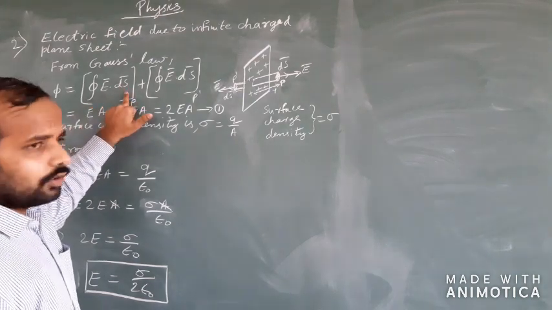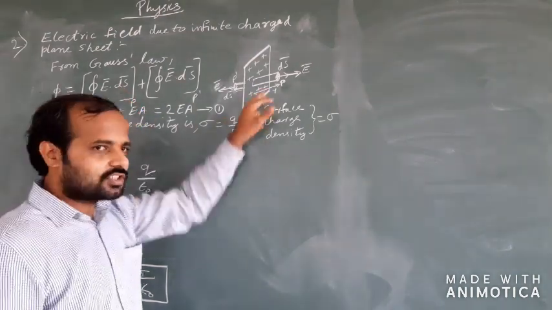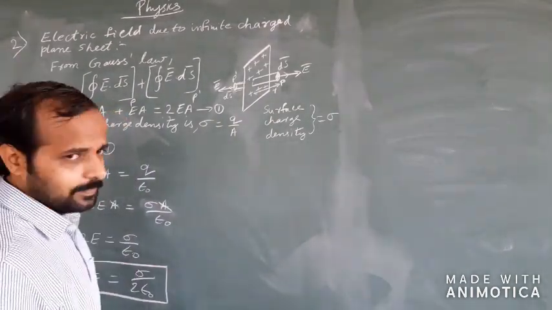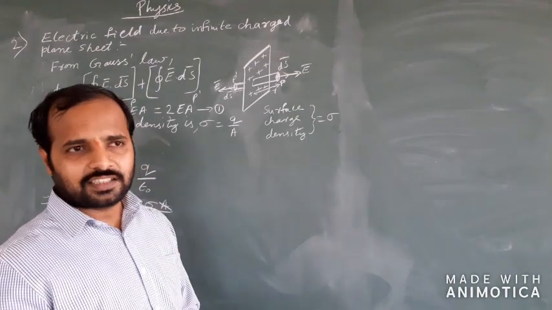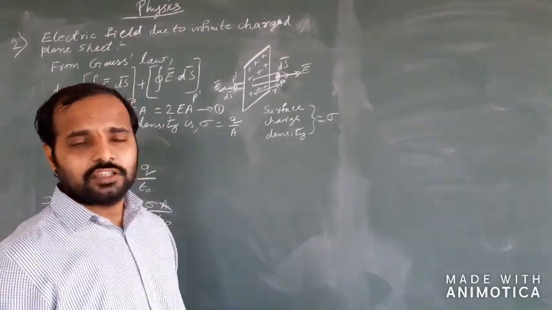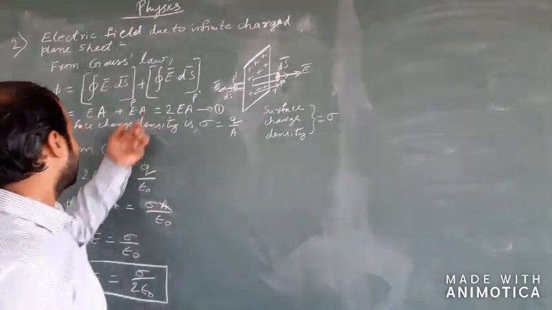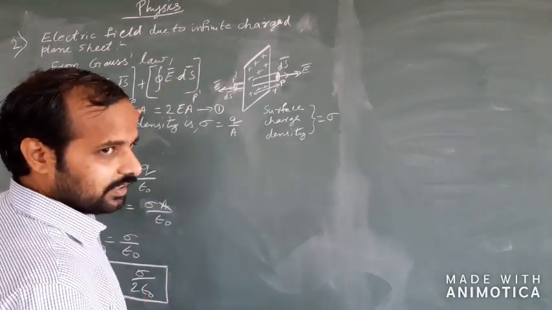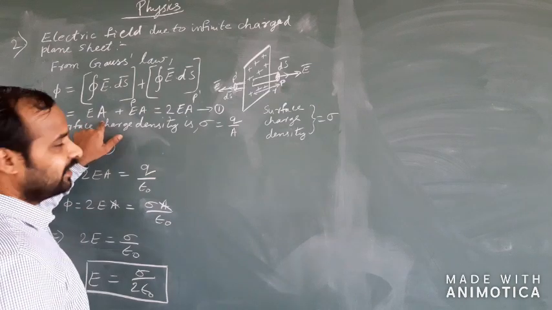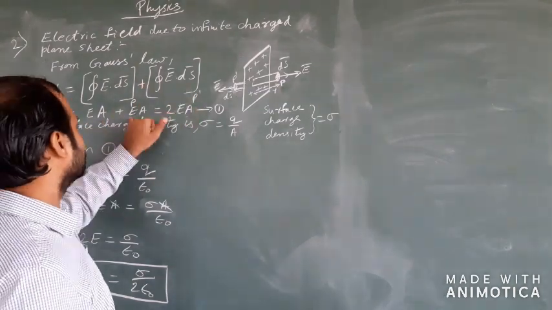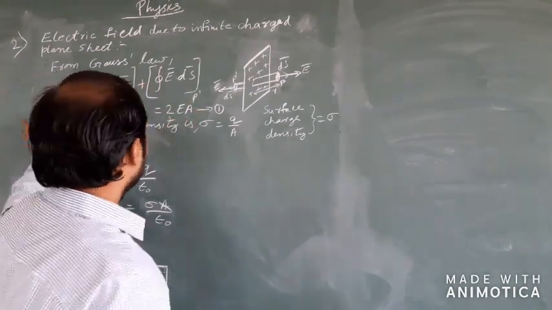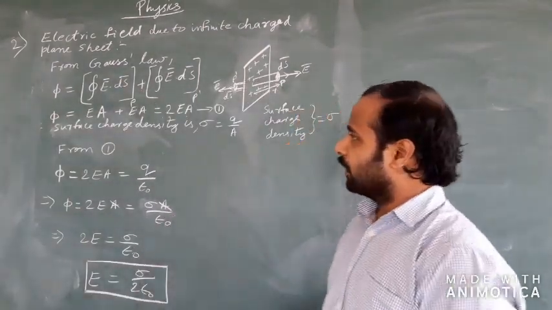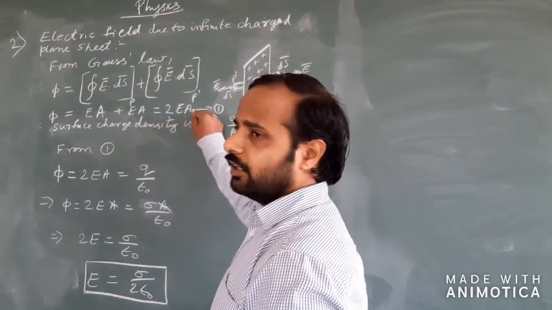So the closed integral of the area ds bar of the sheet. Let's assume that the area of the sheet on one side will be A. So obviously if one side the area is A, the other side also the area should be A only. So we are going to take the area of this one as well as A. Now we can see that E bar dot ds bar integration can be given as E into A. On the other side also we have E into A, which means the net flux due to the charges on the sheet will be given by phi is equal to 2 into E into A.